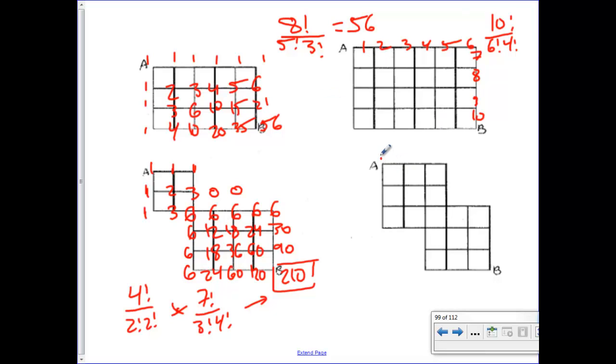Okay, so then this last one would look like this. 1's around the corners. This would be 2, 3, 4, 3, 4. And that would be 6, 10, and 10. Okay, this is where it gets tricky. For sure, this guy right here is 20. But this guy right here